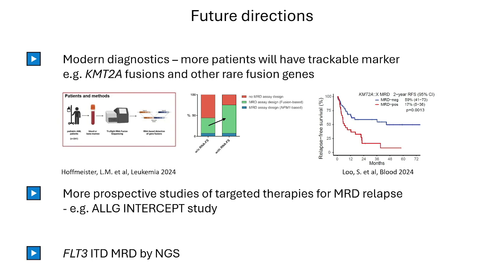Secondly, we desperately need more prospective data. More or less everything I've shown is retrospective. We need more prospective studies of targeted agents in MRD relapse. Unfortunately, a major problem to date has been the difficulty in interesting the drug industry in this particular situation. And thirdly, I'm not talking about this at all, but it's very exciting data emerging on